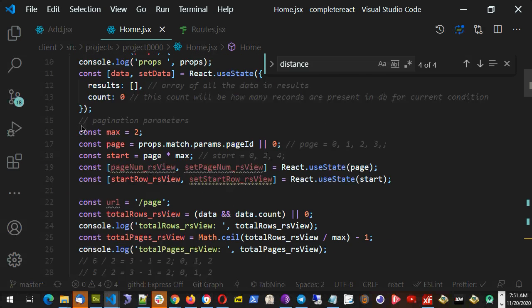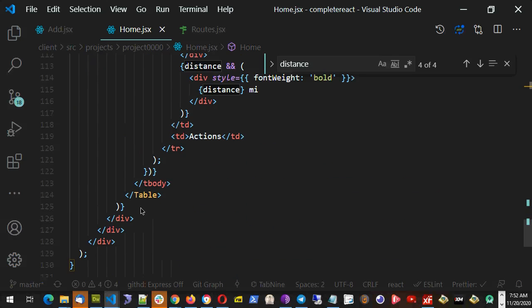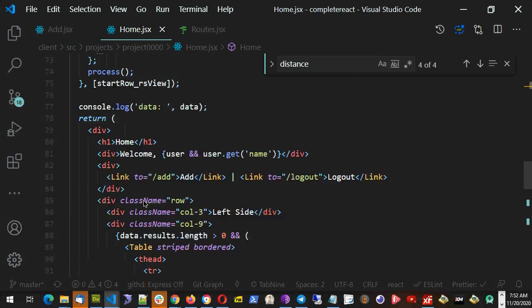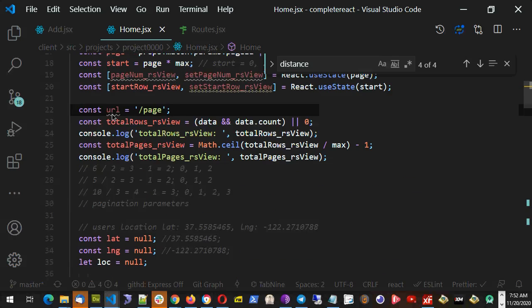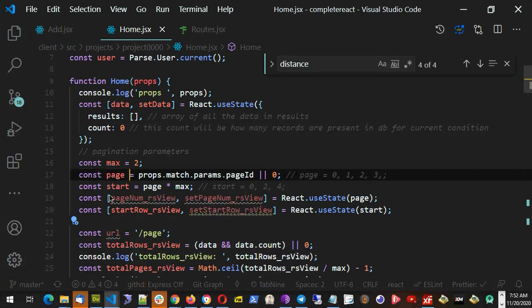So we have set the parameters of pagination, though you will see this is not used, so I'm getting underlined. This is also not yet used, and the URL is also not yet used, which I will use when I build the pagination component, where I will pass these parameters. So right now the pagination is done, kind of. Let's make it hard-coded, it's done. We have to make a pagination component, and we have to really paginate: next page, next page, next page